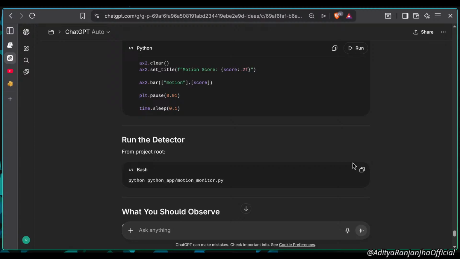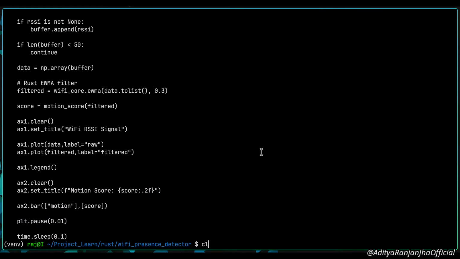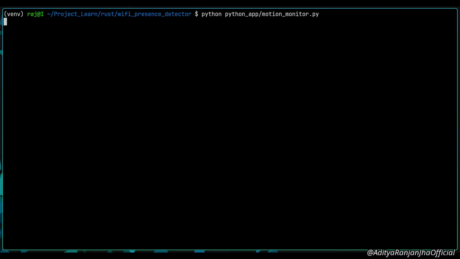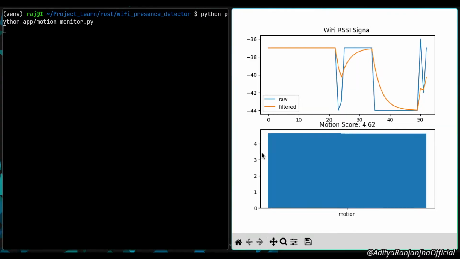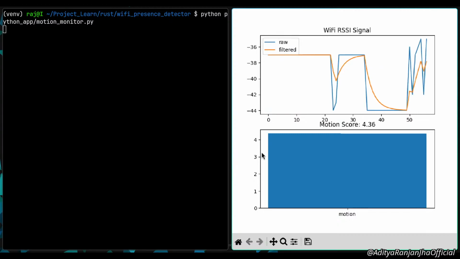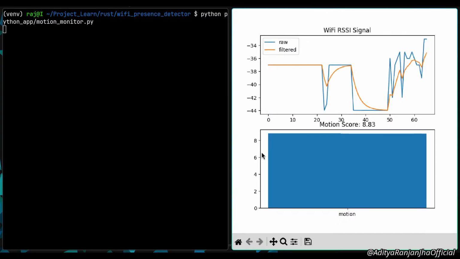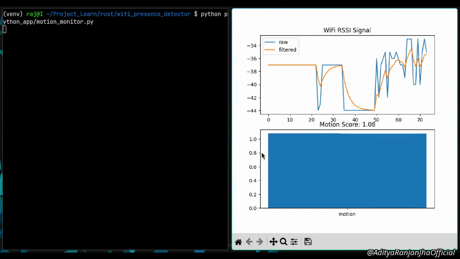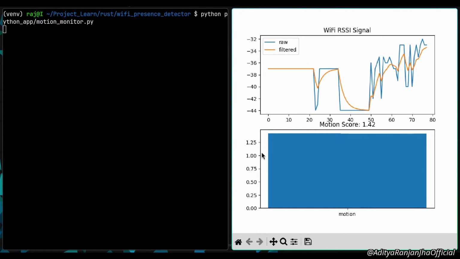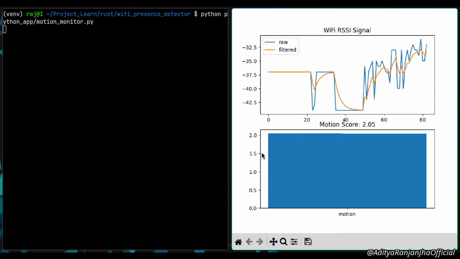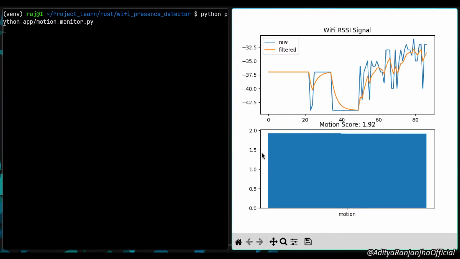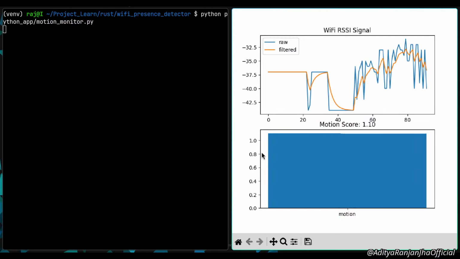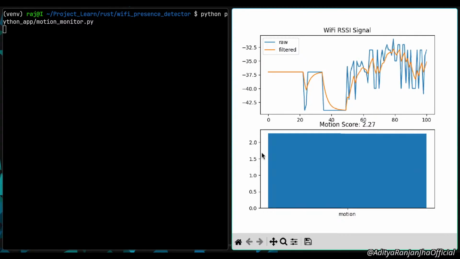Now I have to run this from project root. Well, I am at project root, and now I have to run this. I'll run it. Well, it runs and, screenshot it. Yeah, now I'm moving back and forth. There's a lot of movement, and now I'm sitting still. Yeah. So if I sit still,